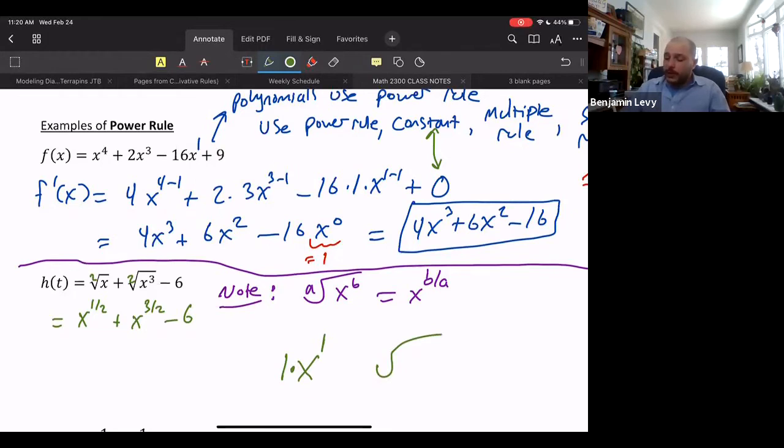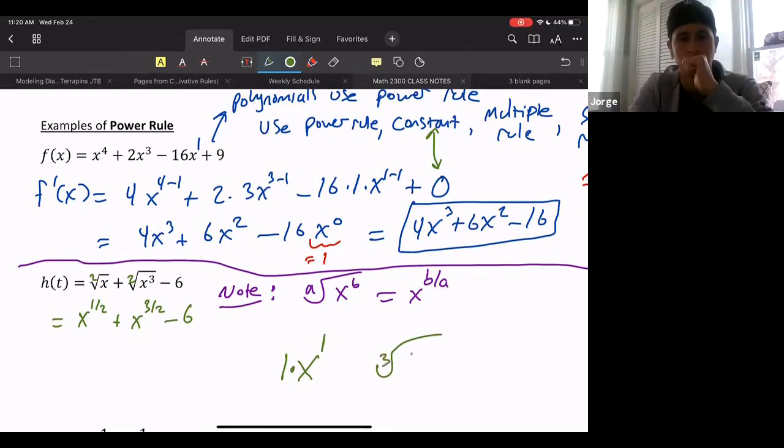Now, it could be other roots. There could be cube roots, for example. So if we had the cube root of x,